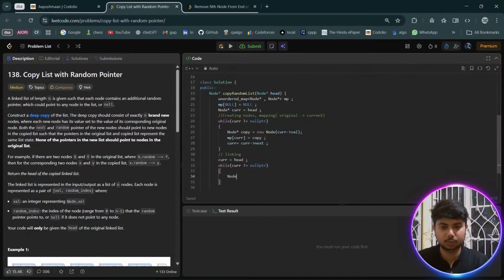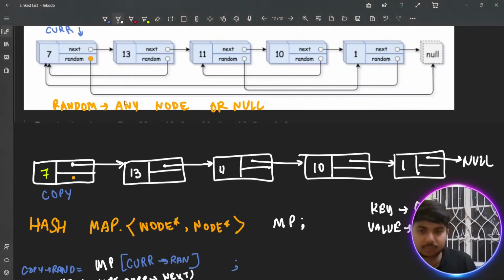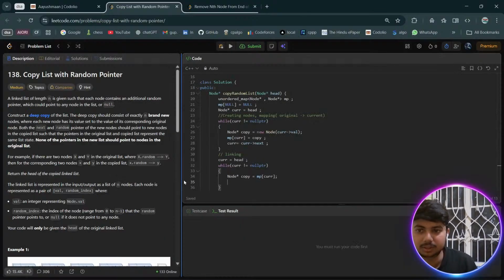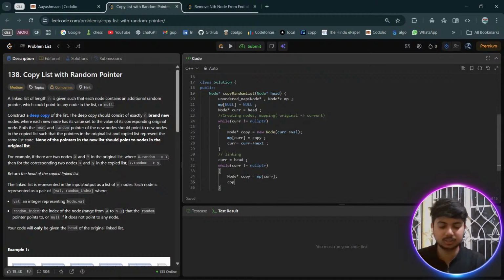वी आर मेकिंग अ पॉइंटर कॉपी के लिए. ठीक है, मैप ऑफ करंट. अगर तुम समझ रहे हो कि एक हमने नोड पॉइंटर कॉपी बनाया विच इज नथिंग बट मैप ऑफ करंट. ठीक है, मतलब कि इसके लिए अगर करंट यहाँ पे है तो स्टार्टिंग पोजीशन के लिए बनाया पहले. ठीक है, इसके लिए हमने ये बना के रखा. ठीक है, अभी क्या करना है, सीधा कॉपी का जो नेक्स्ट है दैट विल बी नथिंग बट मैप करंट का नेक्स्ट,